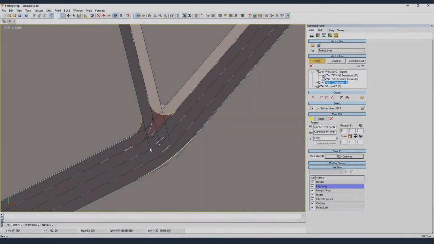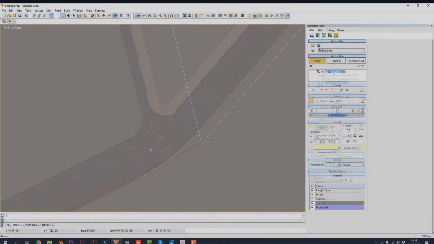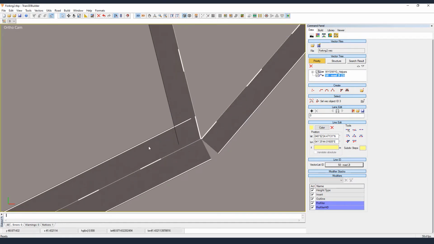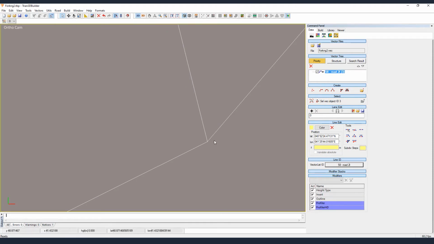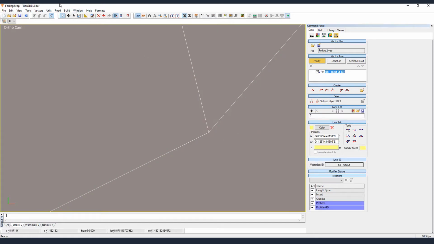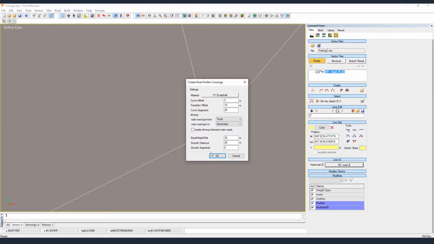Now we are gonna see a different kind of crossing, the forking. The forking is a crossing that consists of one road that splits in two. So here we have 3 roads, we can see it. And the particularity is that the original road has to have the same number of driving lanes as the 2 other roads. So now that we have our 3 roads or 3 vectors here, and we know they are crossing,